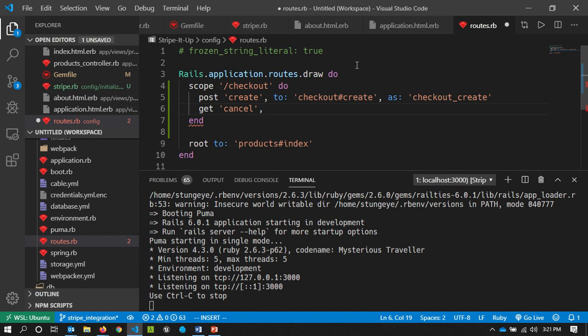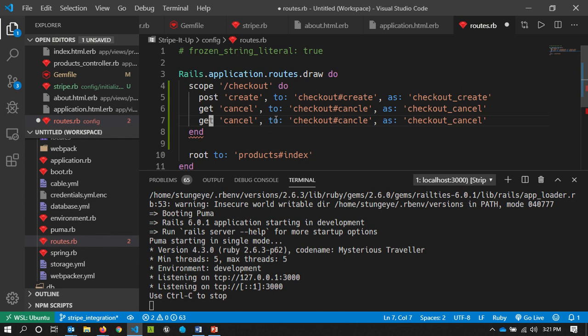if it was successful. The new way of handling Stripe is instead of a modal popping up right within your application when we go to pay, it's going to take us away to a Stripe page, pay there, and then it'll redirect the user back to our website after the fact. And it'll redirect to one of these two routes, the cancel route as checkout cancel, or the success route as